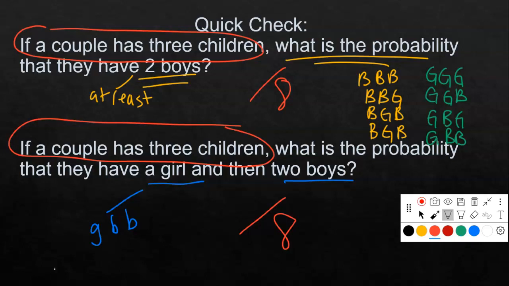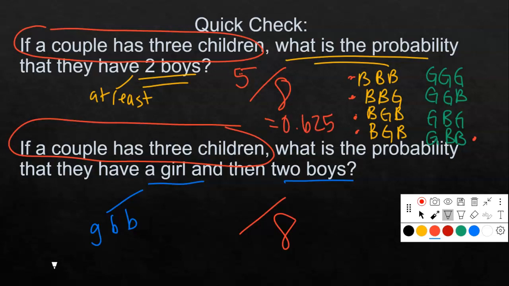So at least 2 boys. This family has at least 2 boys. This family has at least 2 boys. All 4 of these have at least 2 boys. This has only a single boy. So of the girl side, if they had a girl first, there would only be one possibility that they had 2 boys. So that's a grand total of 1, 2, 3, 4, 5. And then you can change that into a decimal. 5 divided by 8, I'm typing over here in my calculator, is